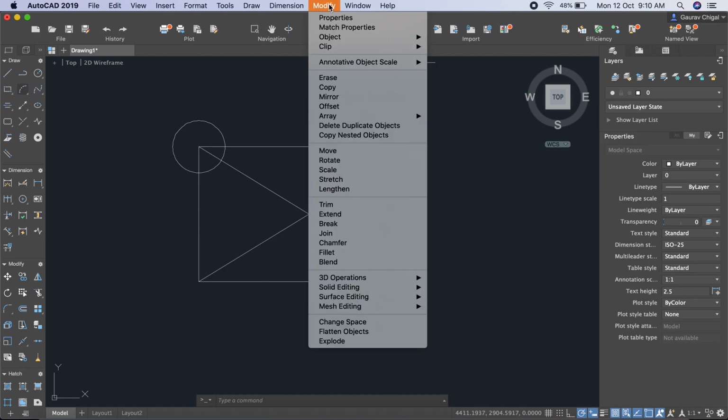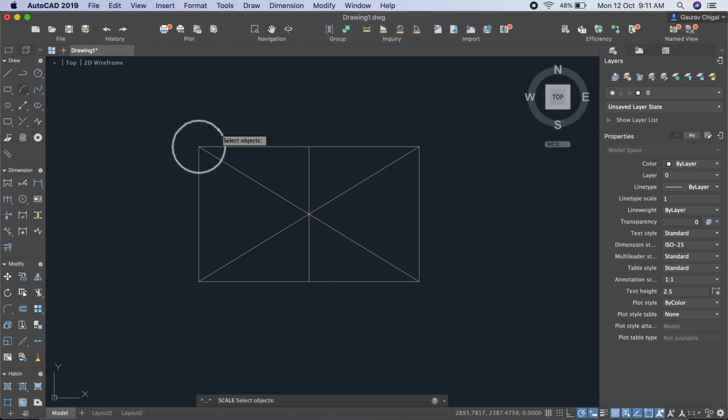Similarly, I can apply some other commands here. Let us say we apply the scale command. The scale command is used to scale your object. Suppose your scale factor is 1 and you want to make the entity double the size. So I use scale. I click scale here, click on the object, and then press enter. Now define the base point about which the scaling happens. Let us say the center of the circle is my base point. Now give the scale factor. If you want to give the scale factor as 2, press 2 and then enter.